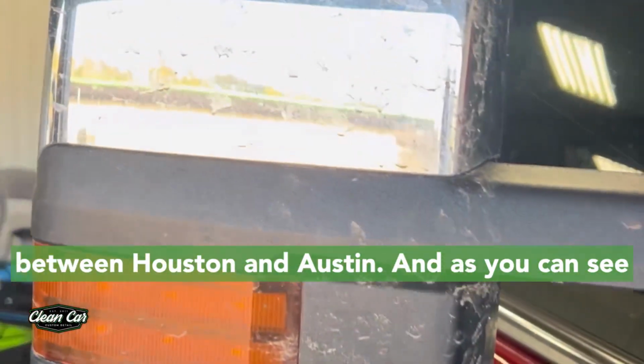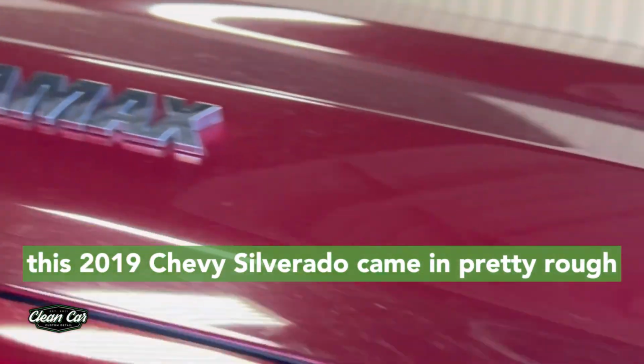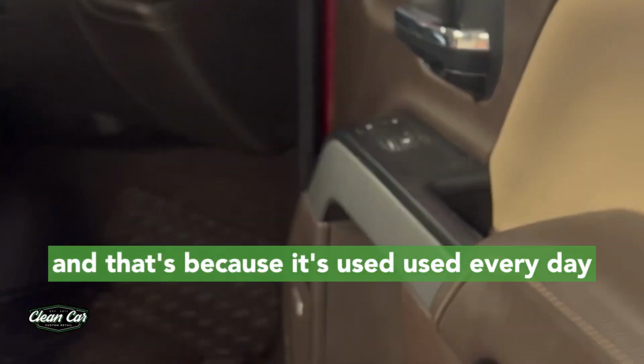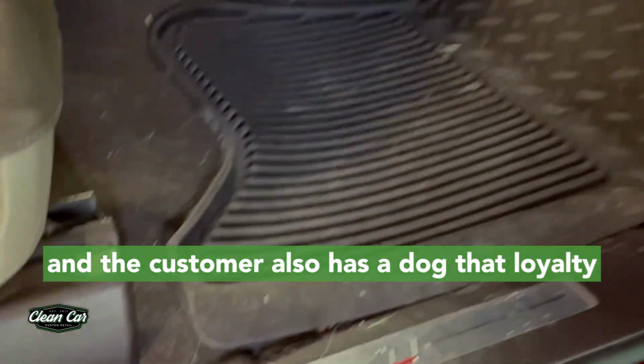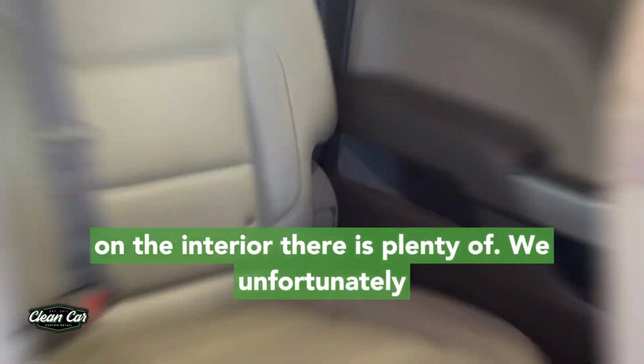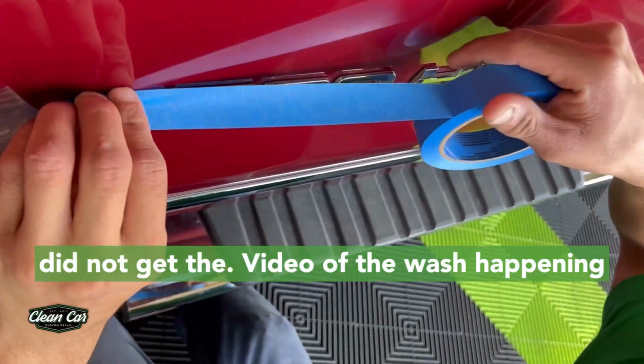And as you can see, this 2019 Chevy Silverado came in pretty rough, and that's because it's used every day. And the customer also has a dog that loyally goes everywhere with him. So you can see here on the interior, there is plenty of